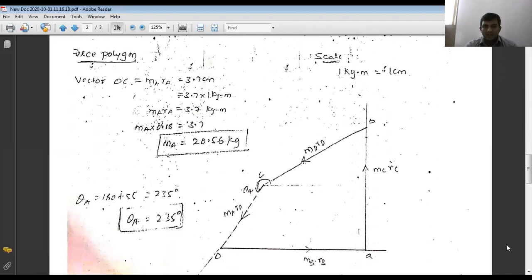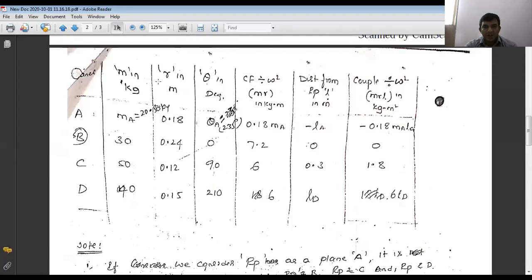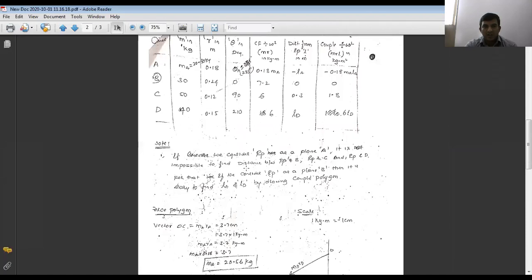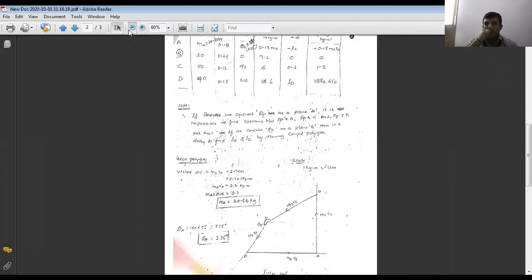Consider this x-axis from point O and the y-axis. Then you see the table. According to the table, you go for construct. If you minimize it, it becomes a small value. See the table, then construct the polygon. I think you can see both the table and the force polygon here, right? Yes, sir. Now go ahead.